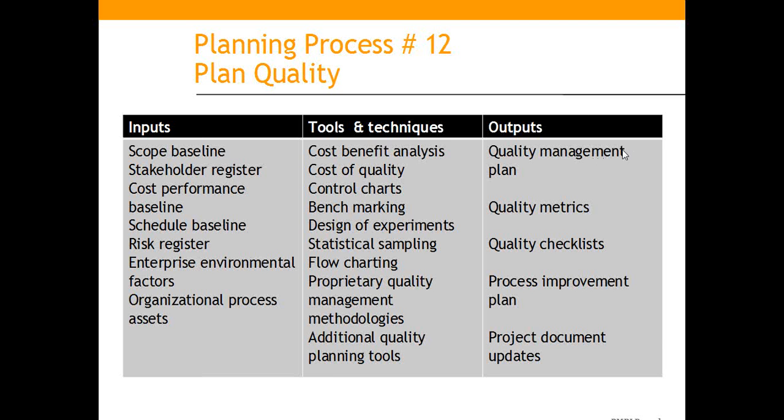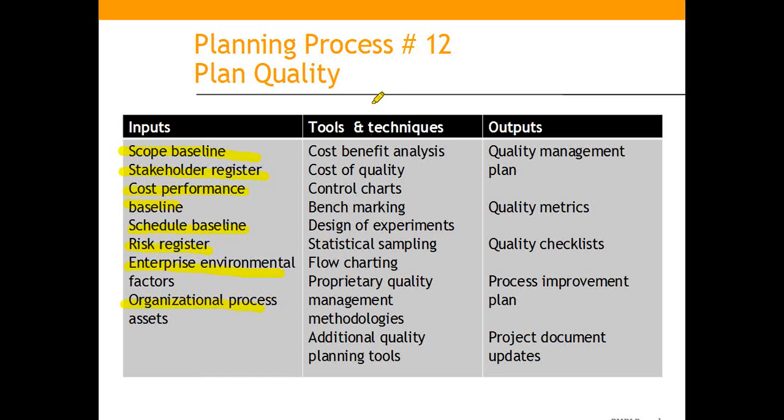The inputs for these include the scope baseline, which is coming as an output of scope definition. Then we have the stakeholder register, which is coming as an output of initiation. Then cost performance baseline, which is coming as an output of budgeting. Then schedule baseline, which is an output of the planning, schedule development process to be precise. Then the risk register, this comprises a list of risks and their rating, and enterprise environmental factors and organizational